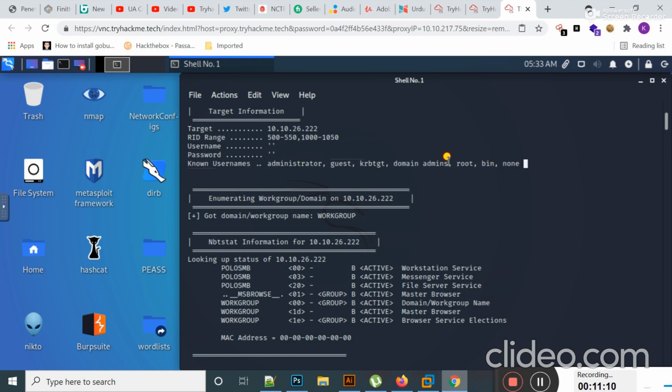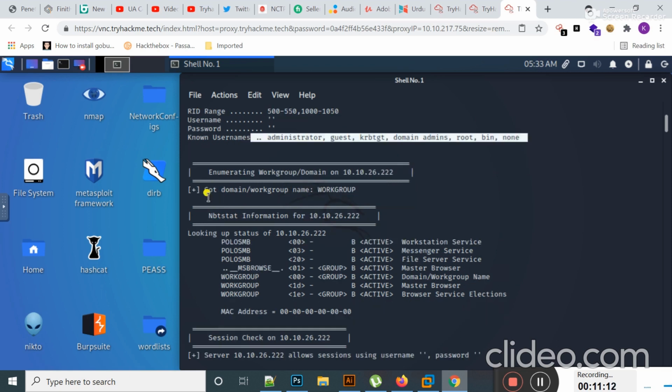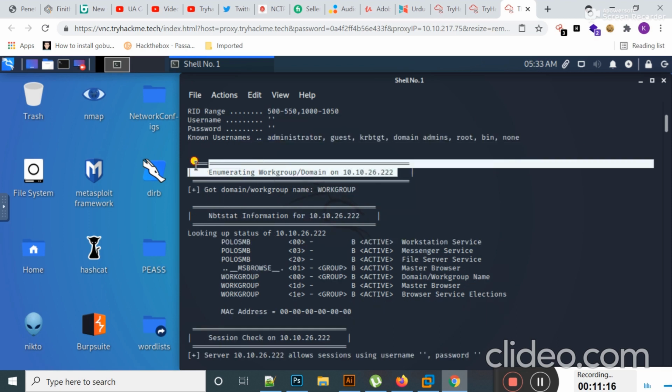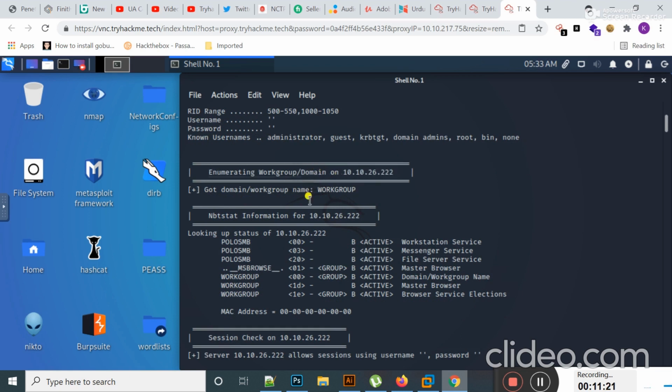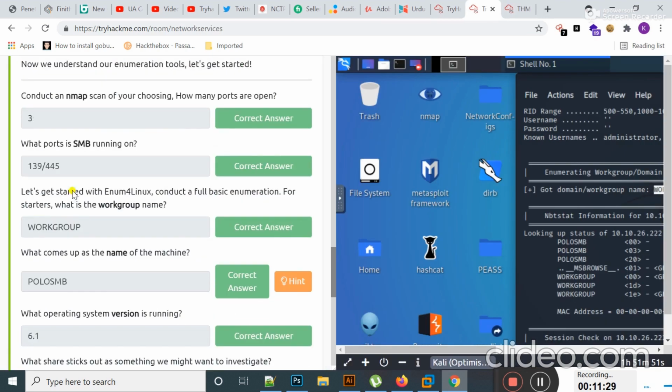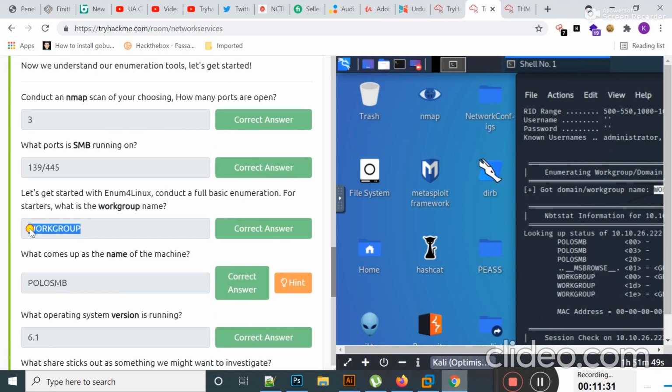All the known usernames are present here. Enumerating workgroup and domain: here it tries to enumerate the workgroup and domain of the target machine. Got domain workgroup name. Here you find the workgroup name, that is actually WORKGROUP. So the answer to this question is WORKGROUP. This is actually the domain name.